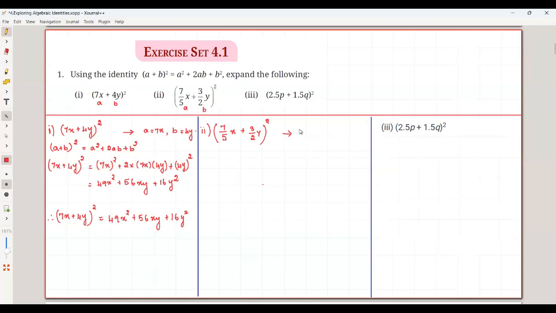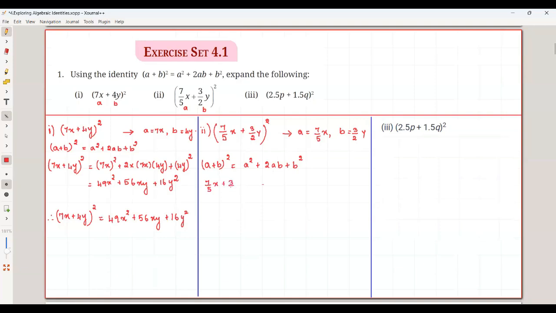So here I can just take a is equal to 7 by 5x, and b is equal to 3 by 2y. Now just replace. First you write the formula: a plus b the whole square is equal to a square plus 2ab plus b square. Just replace a with 7 by 5x and b with 3 by 2y. Okay, you will be writing as 7 by 5x